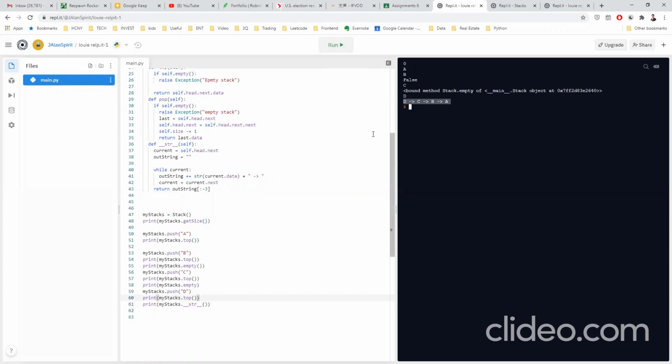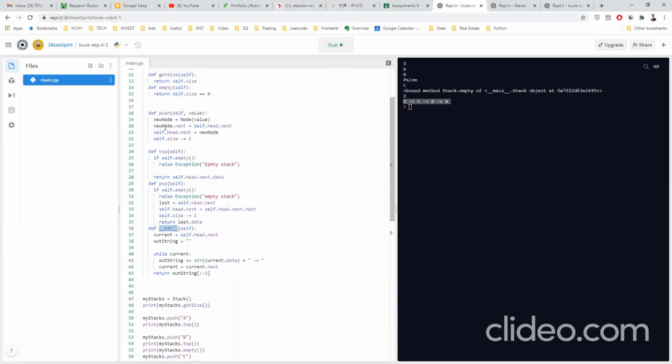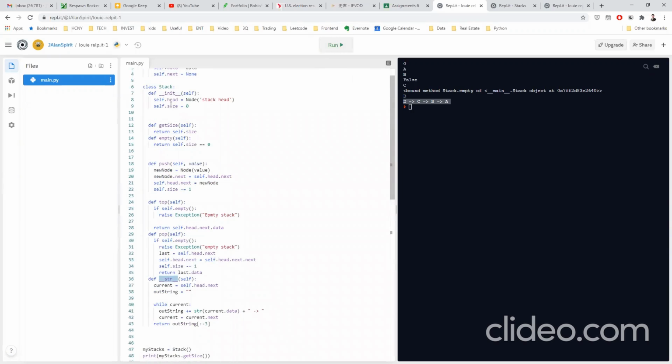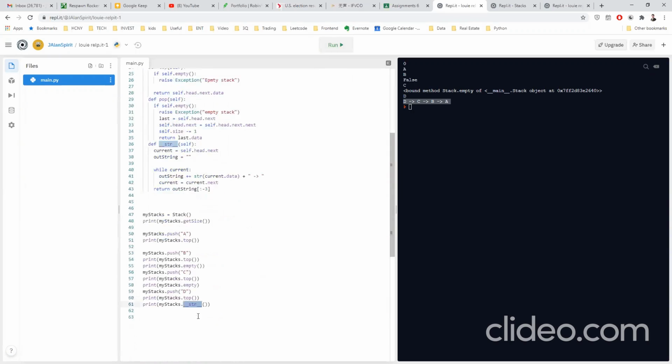But underscore string, just like underscore init, is a special function which you don't have to call by yourself. Why? Because when you print the myStack object, the machine, or the compiler, looks for the string function automatically.